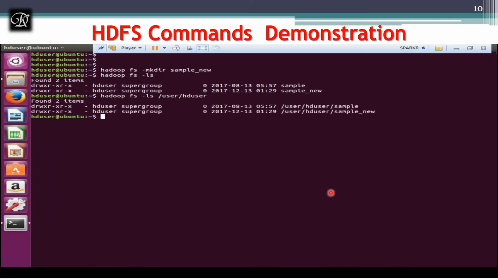And now you can check out the explicit path of it. If you give /user/SD user, it's going to give you the explicit path where exactly they reside. Because whenever we are moving files in between them, you should know the locality of it, the explicit path of where exactly they reside.